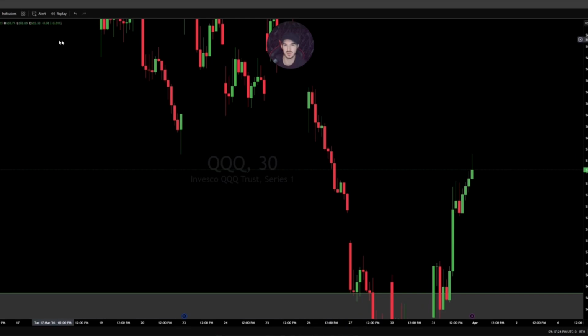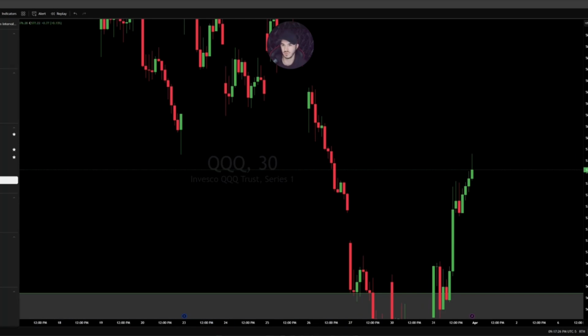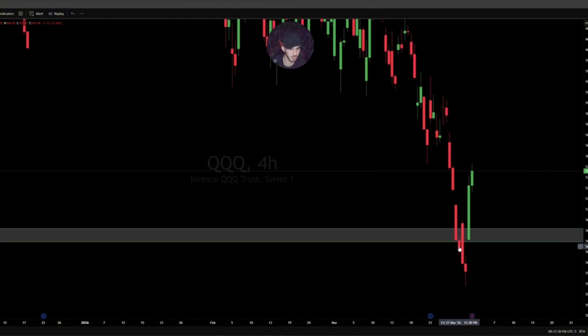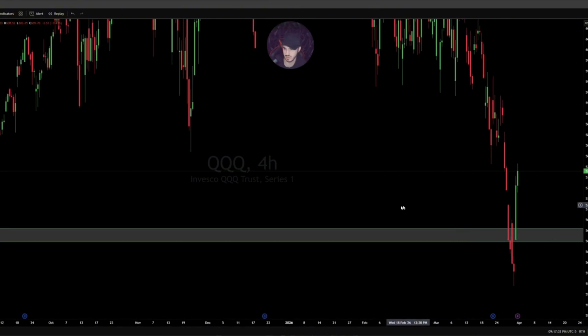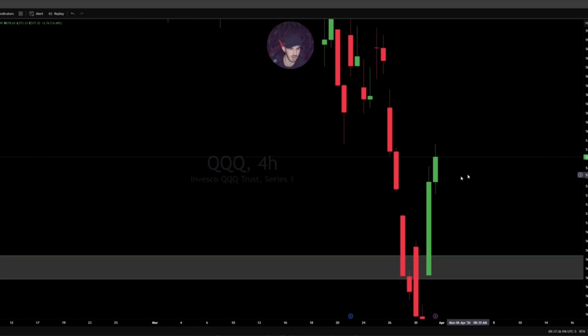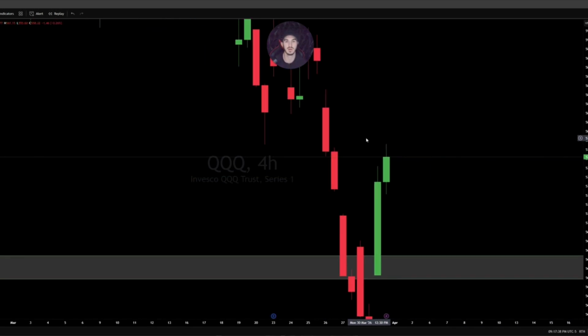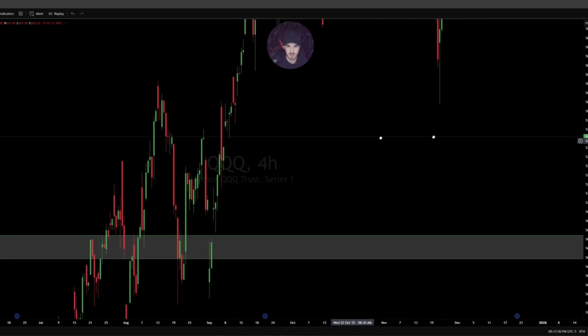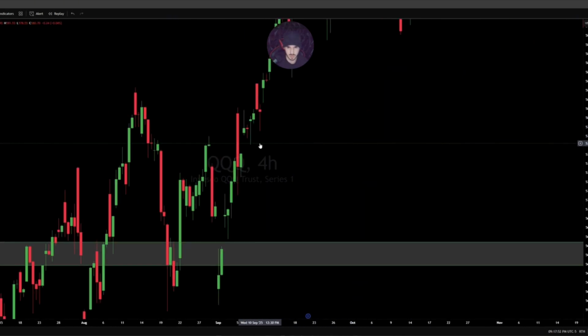We're going to need at some point somewhere for us to reject that. Price will not just continue to go up forever, the same way it won't continue to just go down forever. So right here, I honestly don't see anything. There's nothing that I really see here that tells me, oh, I would like downside once it hits this area. So I'm going to go back, and this green line tells me where we are currently at right here,